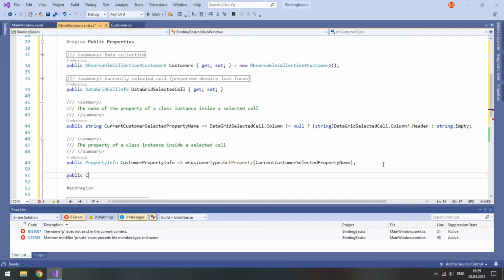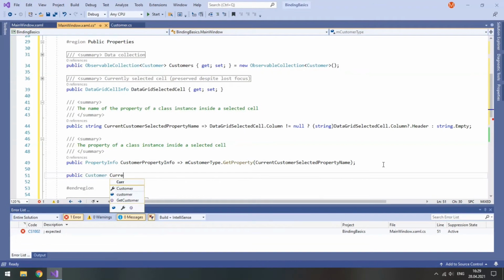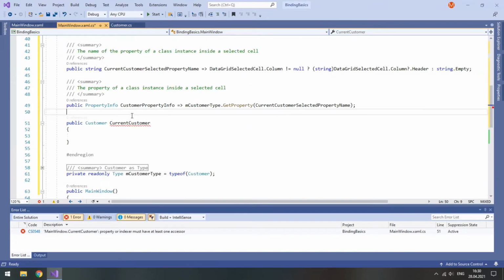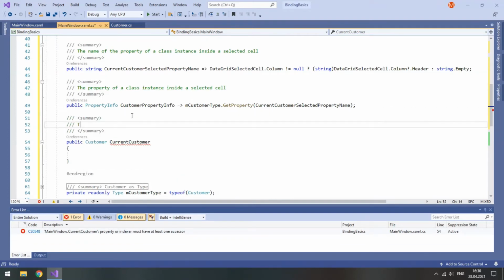So public customer current customer. And this one is going to be more complex. So let's leave a summary here. The class instance inside a selected cell. Again, it will be read-only, so only get.